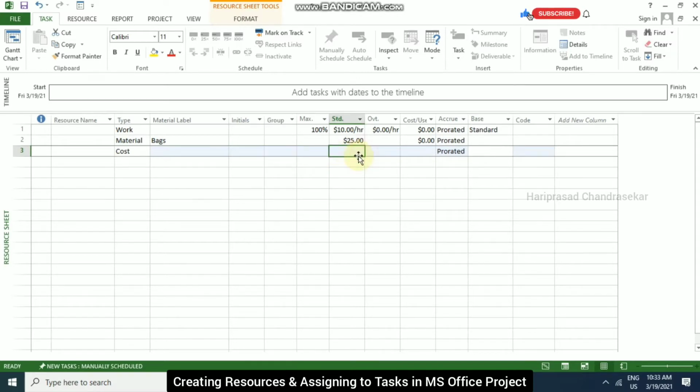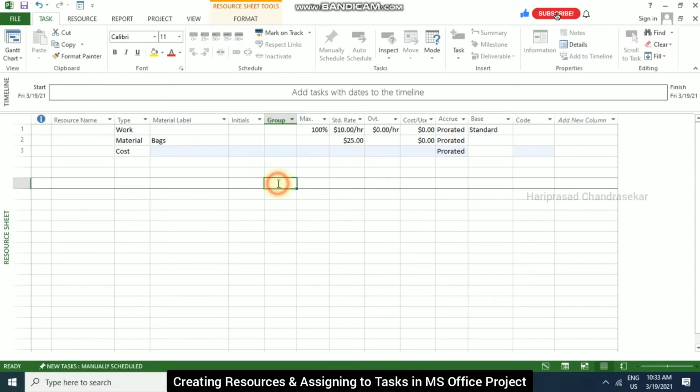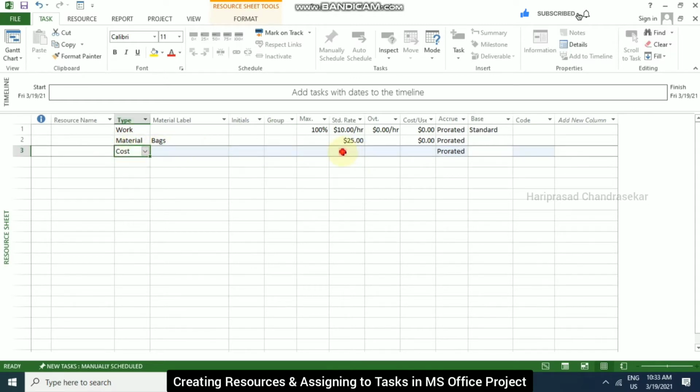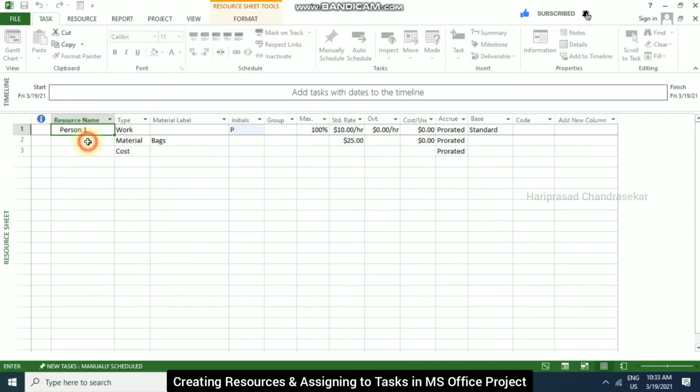So I am inputting some here. For cost, you can't put anything here, but you can input once you assign this to a particular task. So I'm just going to mention person one, and this is cement.